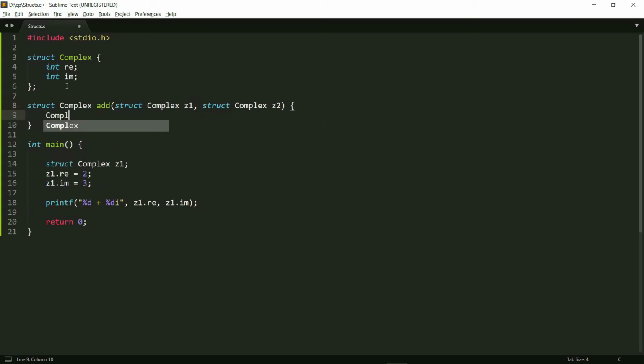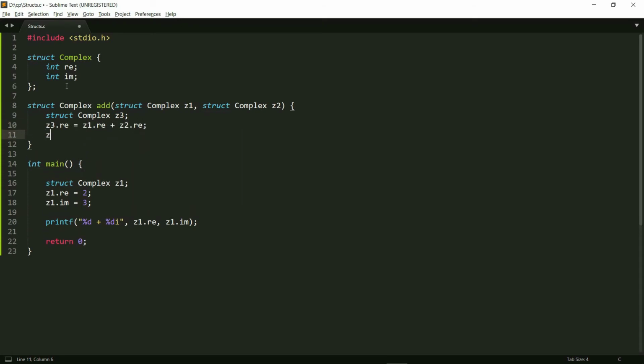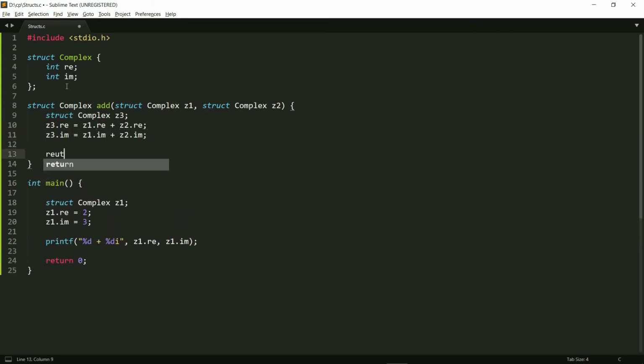So I do a complex number here which is z3. This is the one that I'm going to return, and now I just need to set z3 dot real to z1 dot real plus z2 dot real, and I need to set z3 dot imaginary to z1 dot imaginary plus z2 dot imaginary, and now I just return z3.